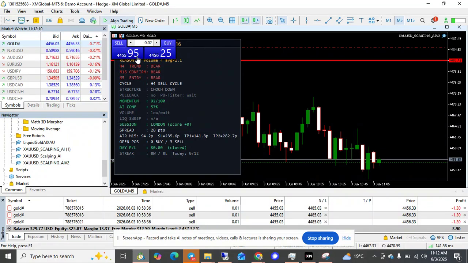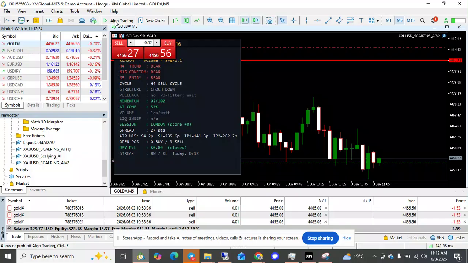Then you need to enable algo trading. For example, right now, this one, you can see that where the cursor is, algo trading on the top, this section. For example, if you are setting this EA for the first time, let me just disable algo trading for a moment. If I disable, we will just wait to see what happens. If you disable this algo,